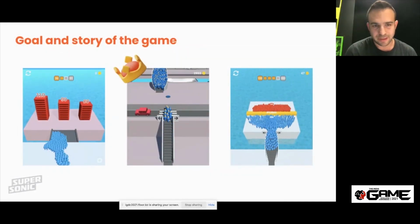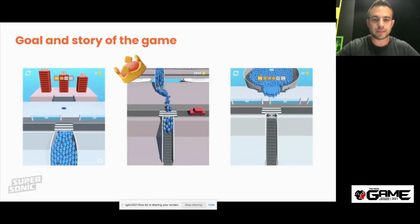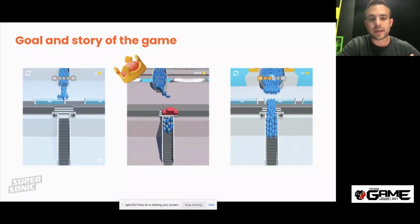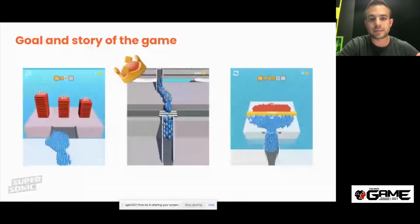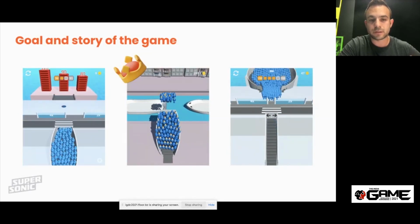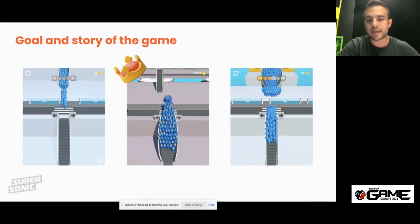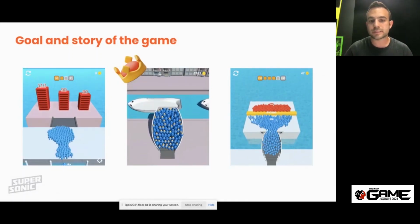Cool. Another interesting example from Escalators would be the ending sequence. In the middle, you can see the original ending sequence of the game, but we also tested at the video level different ending sequences, also from different trends we saw on the top charts. On the left side, you can see a theme of ending sequence where you need to take over buildings, and on the right side, you can see a kind of fighting or pushing ending sequence, which